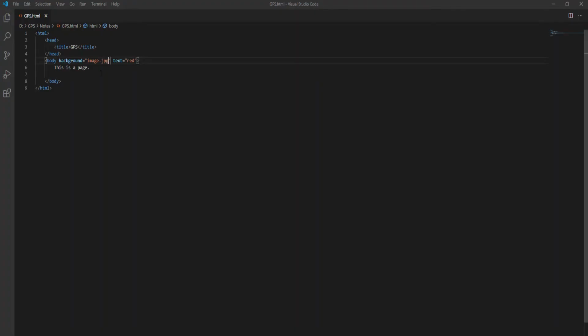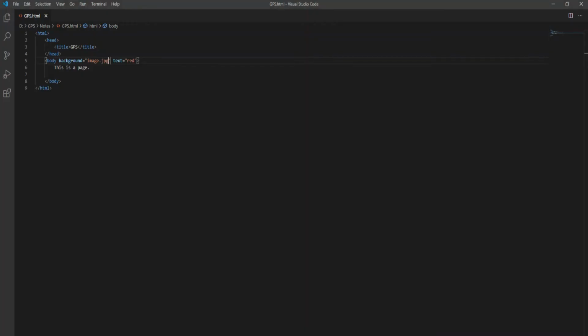Now go back to the code. As we have already discussed, we can use the background tag to set an image on the background of the page, right? As you can see that on the background in the body tag on the web page, this image is showing, but this is a large image.